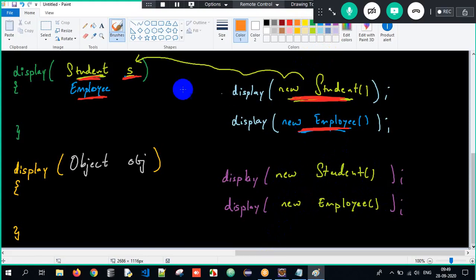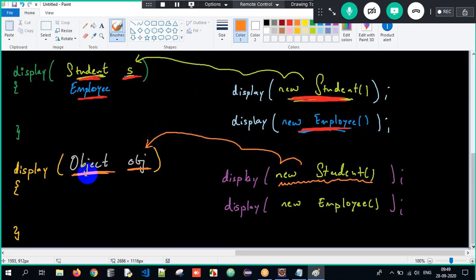How come? Every class in Java has a superclass called the Object class. Correct? What is upcasting then? Creating an object of a subclass and storing its address into a reference which is of type superclass. Since I have created an object of Student, and Student has the superclass called Object, again, it is creating an object of a subclass and storing its address into a reference of type superclass.